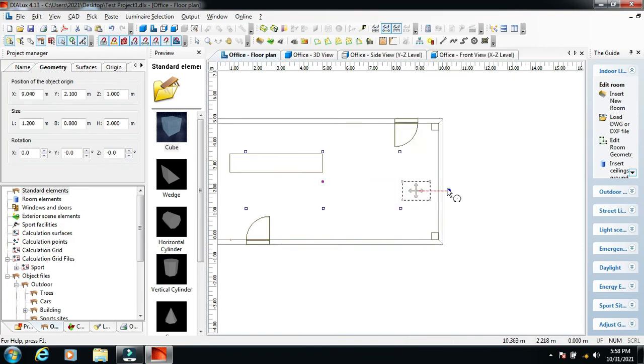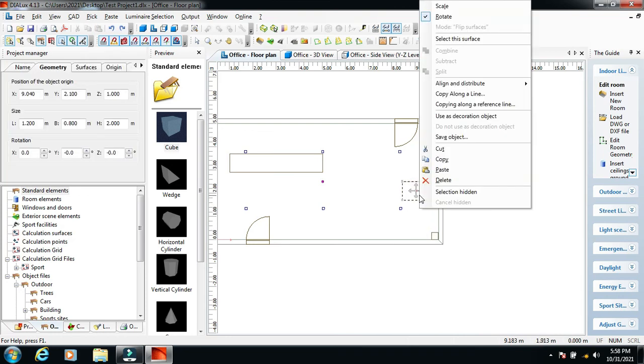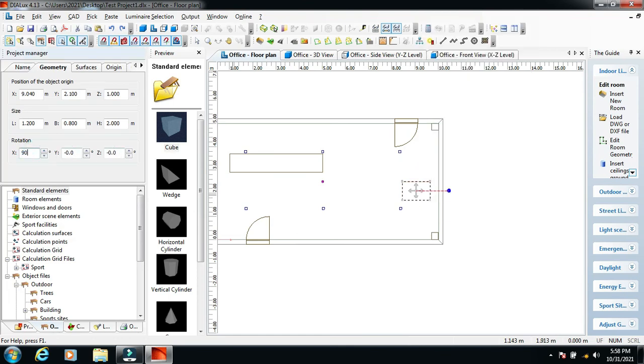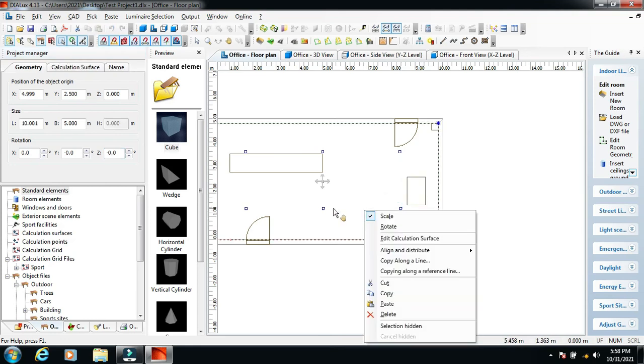You can rotate the face this way. It is one option, but the best option would be to just do Ctrl Z and click it here. If you have to rotate, rotate it along the x-axis, let's say 90 degrees. Sorry, a 90 degree x-axis rotation wouldn't face here, it would be the y-axis. So just rotate it here as 90 degrees. So it will be rotated, right? Similarly you can do it.